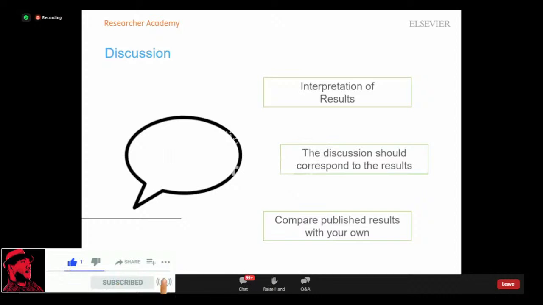It should compare your work to other published work and findings out there, and also, of course, work that is in disagreement with yours. So I think that's actually a very good opportunity to confront the other work, to have a comparison there, and to try and convince anyone that is reading your work that your research is correct, or is better than the previous work. So a few things that are of importance here is to really make sure that you do not go beyond what your results can support,